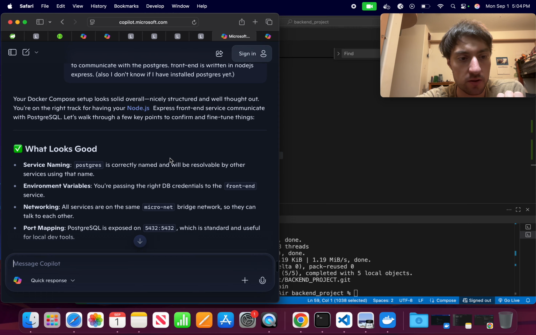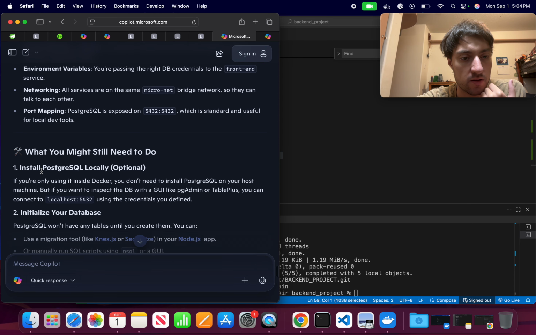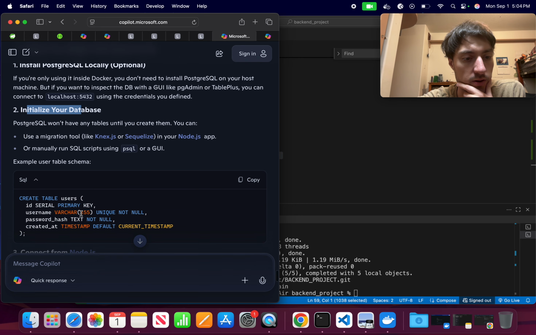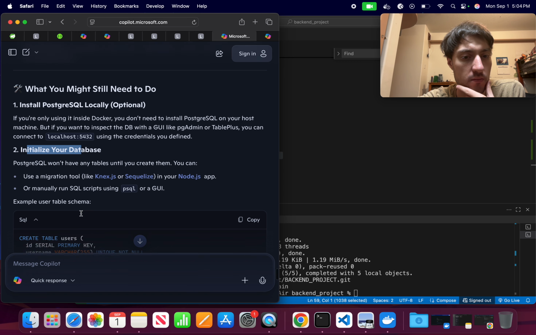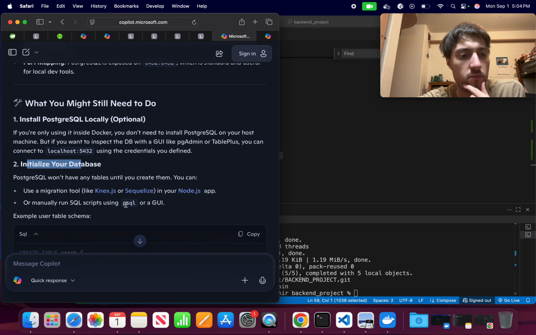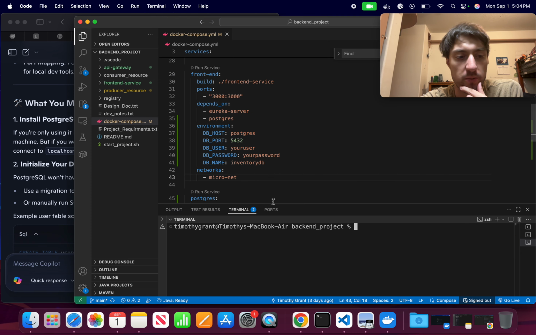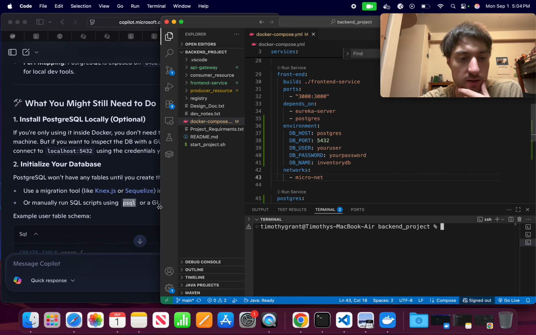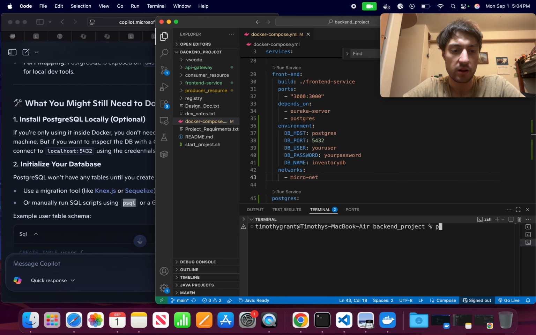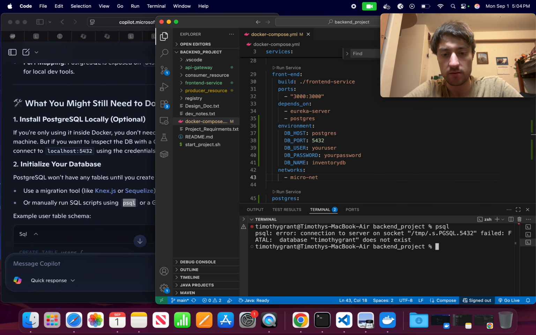So it says that it looks good. Let's see. Install Postgres locally. Initialize my database. Okay. Let's just see if this is actually running. New terminal, and I'll try to access like PSQL. Let's see if I have it. No. Okay, failed. It does not exist. Okay, so